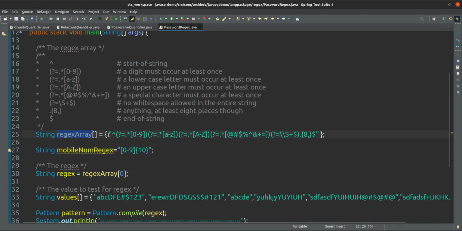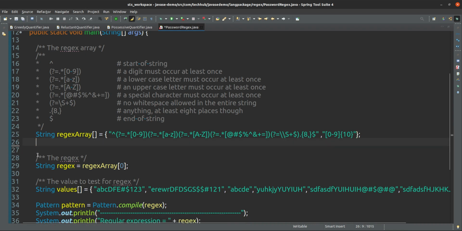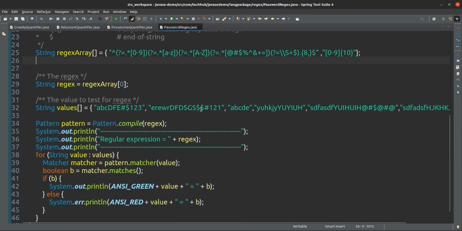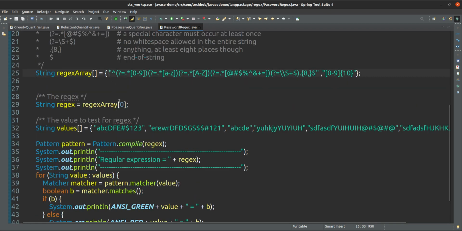This is the regular expression for the password only, or else we can give that regular expression here. Yes, here I will give this regular expression, that is an array. Okay, so this is the regular expression. First let me run and see. First this is the password, and the first one is this regular expression.